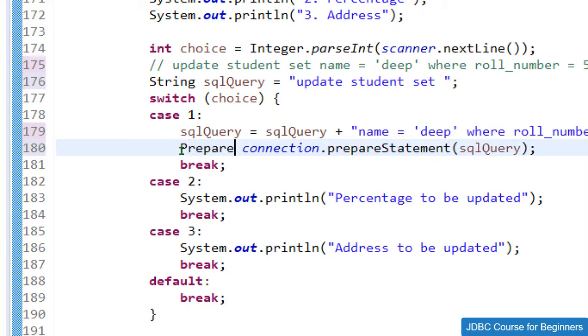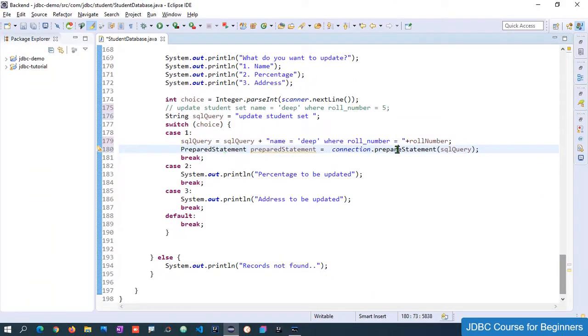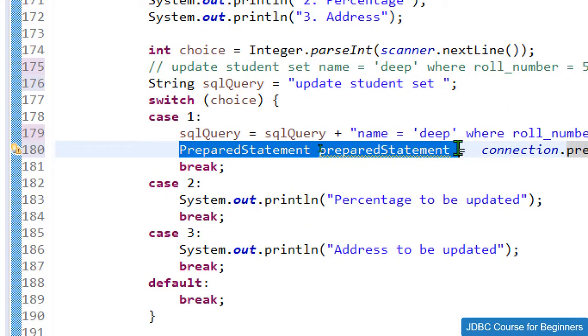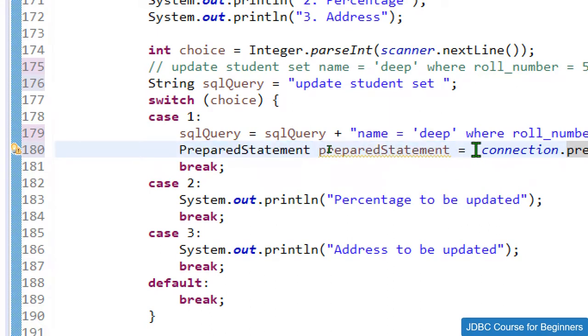So let me store it into the prepared statement, which is an interface and which comes from the java.sql package. This prepare statement will return a reference, and I'm just storing that reference over here like this.